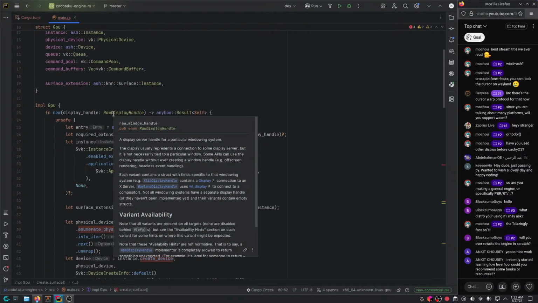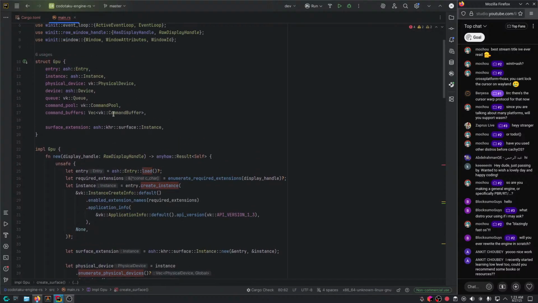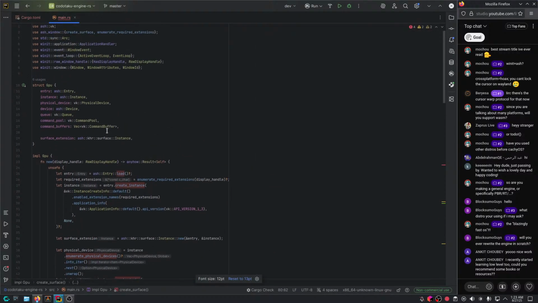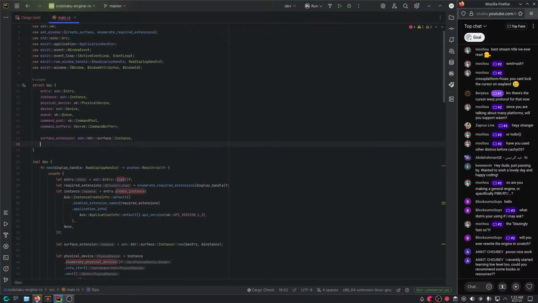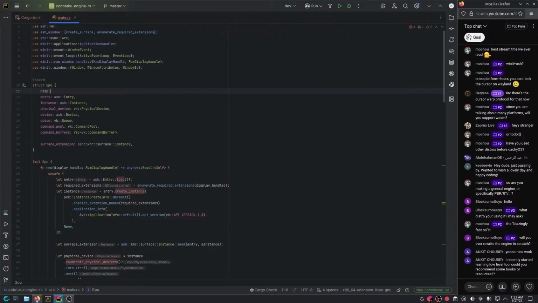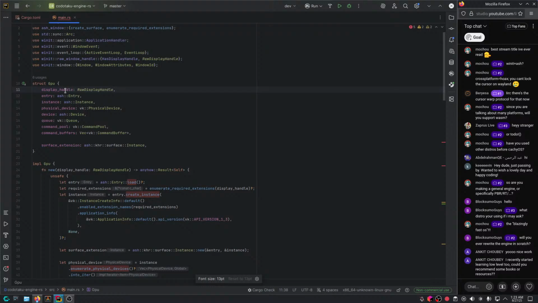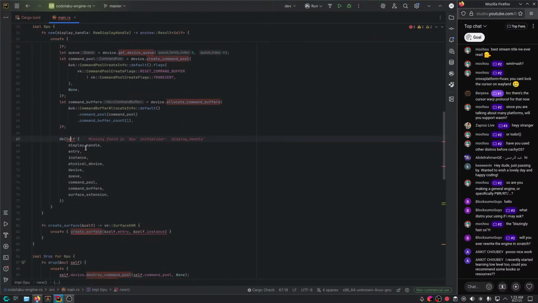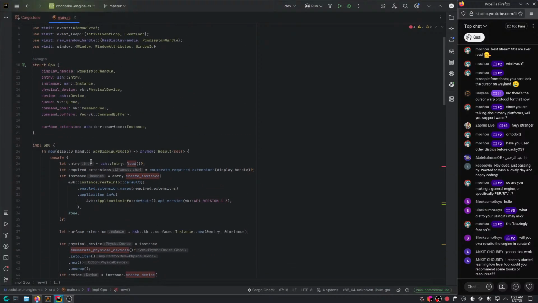I don't think we should, honestly. Should we like save this? Good question. Can we even do that? I mean, let's see. Like if you say display handle raw, I mean, let's try. I'm not sure if it's a good idea.